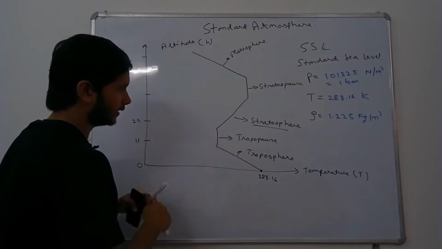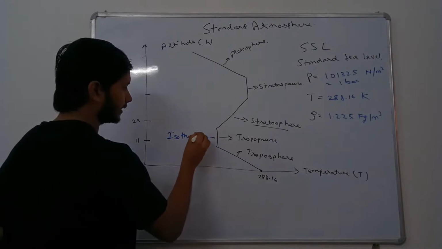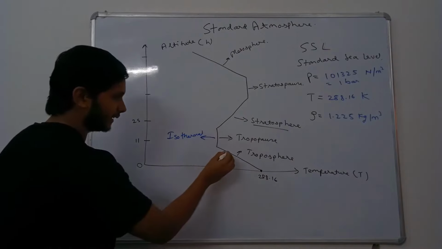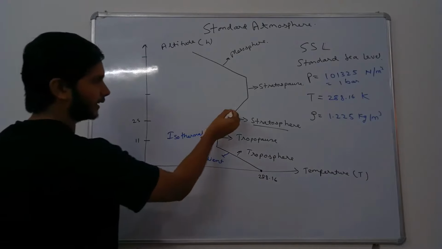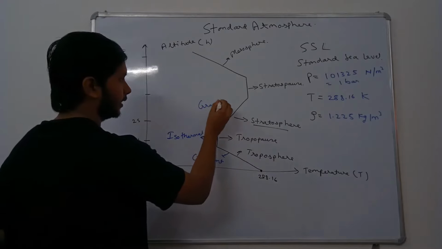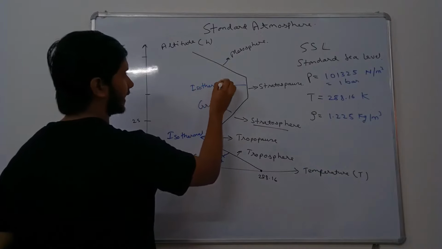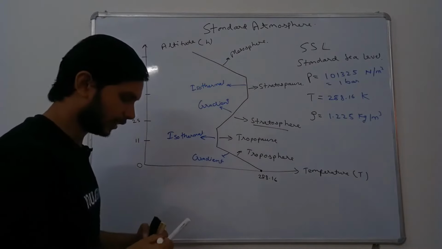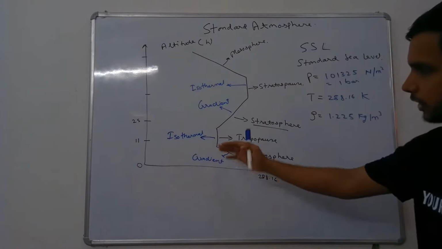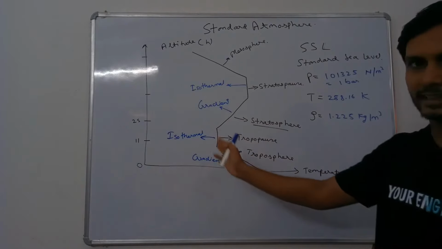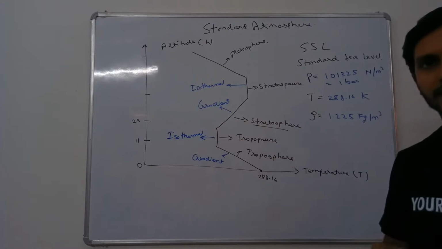So you see, this layer is called isothermal layer. Isothermal means the temperature is constant here, and this kind of layer is called gradient layer. Gradient means a slope is coming. Here it is also gradient layer. This is isothermal layer. So we will make a full diagram of all the things, but first we must know what the relations are, how to find the change of pressure, change of temperature, change of density in gradient as well as isothermal layers. Okay, so let's first start with isothermal layer, because in isothermal layer the temperature is constant.